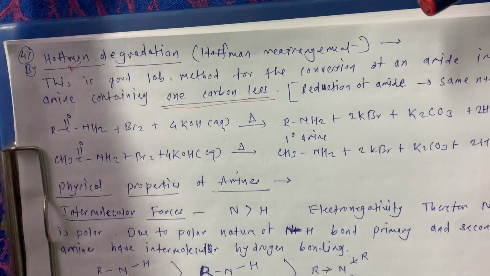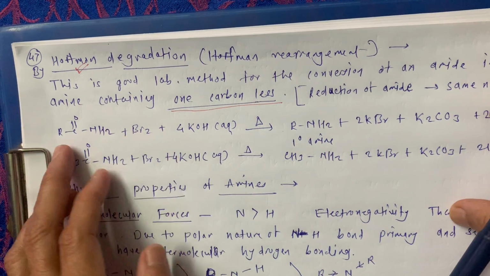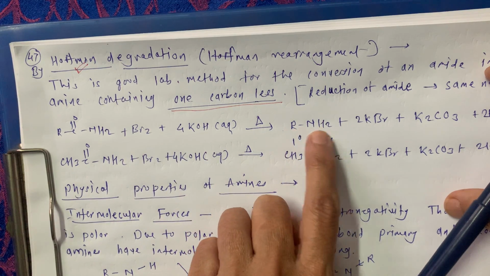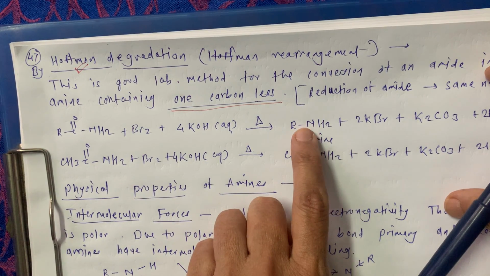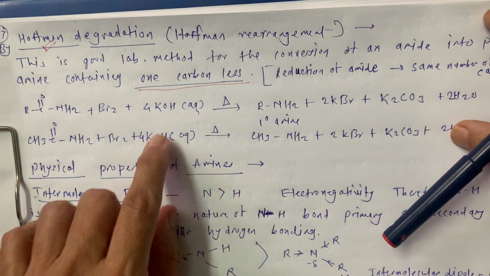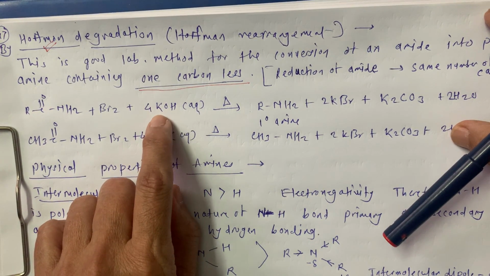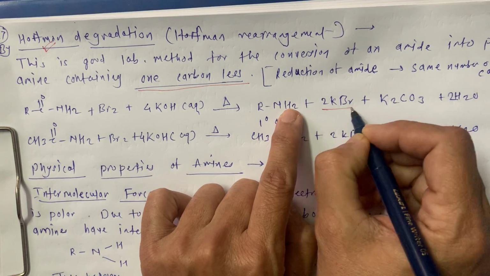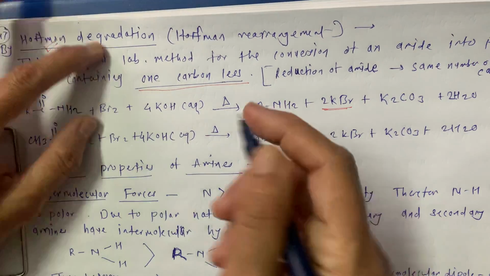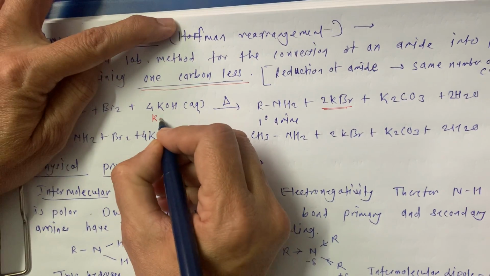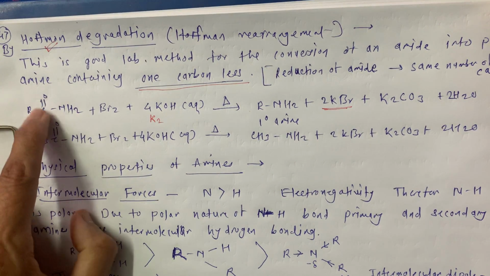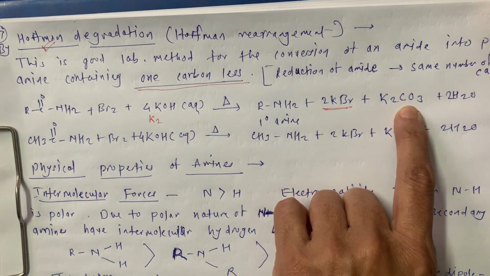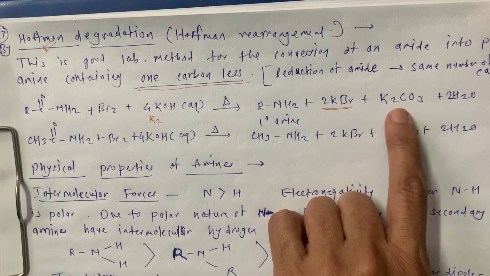So now what is going to happen? Rearrangement means this R is going to attach to NH2, so the rearranged product is primary amine. Then from the 4 K, 2 potassium attach to Br, so there is formation of 2 KBr. Now what is remaining? Here 2 potassium remaining, and here it is C double bond O. Then from these 2 oxygens, totally there are 3 oxygens attached to carbon. So this is K2CO3.